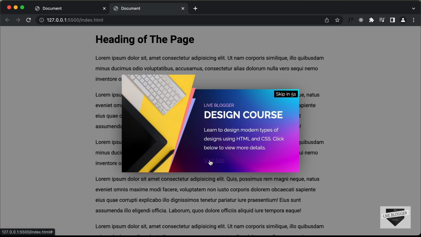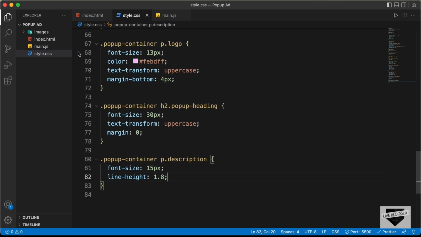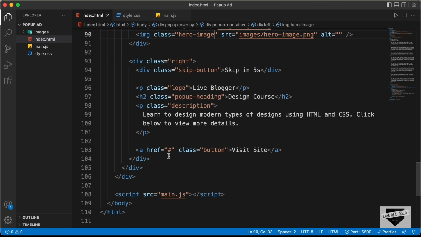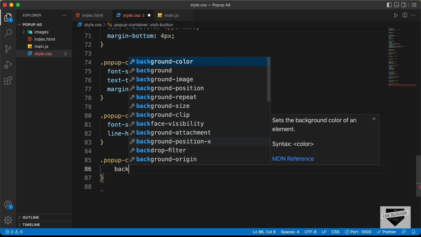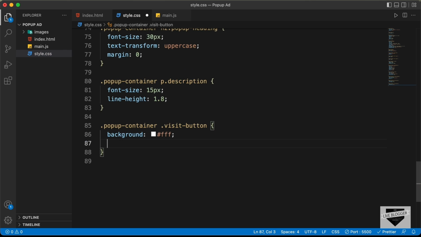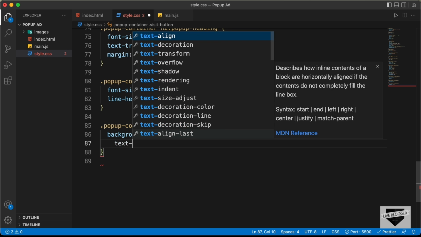Right, now the last thing we need to do is style this button. So for the button we have an anchor tag with a class of button. Let's just change this to visit-button. Right, now let's go back to our CSS, and let's type .popup-container .visit-button, and let's set the background color to white, and let's remove the underline. So let's type text-decoration, and let's set it to none,